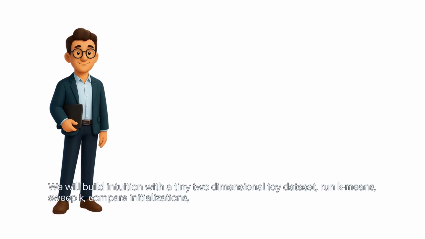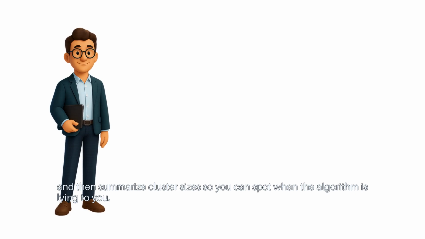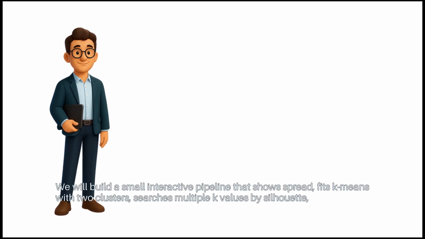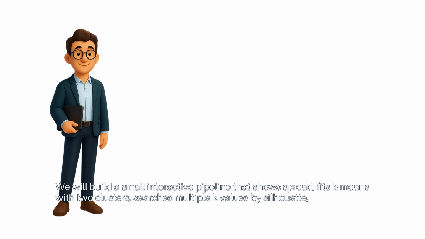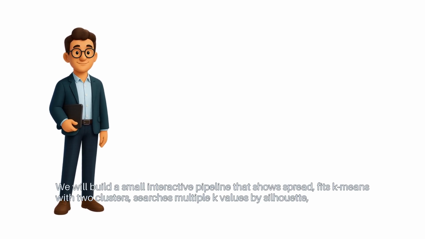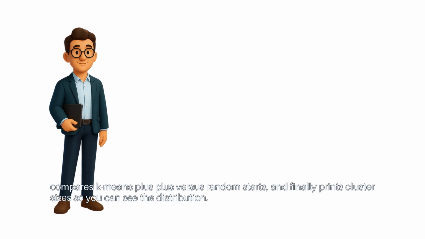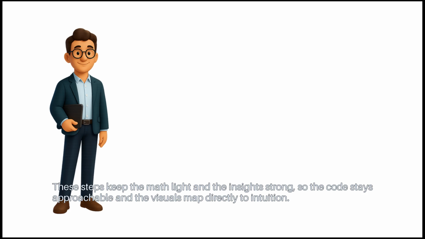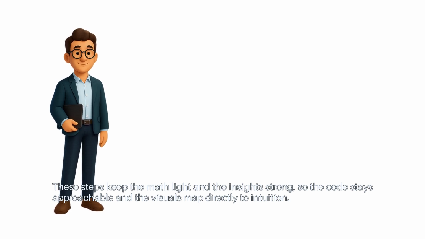We will build intuition with a tiny two-dimensional toy dataset. Run KMeans, sweep K, compare initializations, and then summarize cluster sizes so you can spot when the algorithm is lying to you. We will build a small interactive pipeline that shows spread, fits KMeans with two clusters, searches multiple K values by silhouette, compares KMeans++ versus random starts, and finally prints cluster sizes so you can see the distribution. These steps keep the math light and the insights strong, so the code stays approachable and the visuals map directly